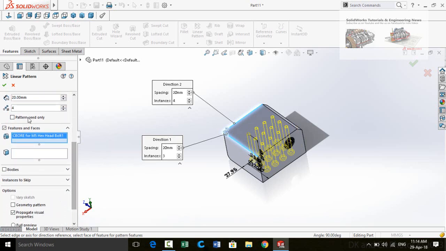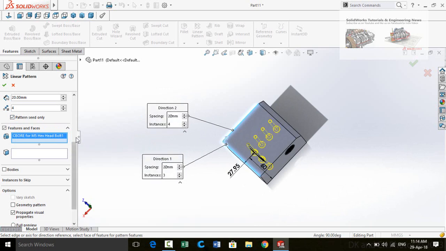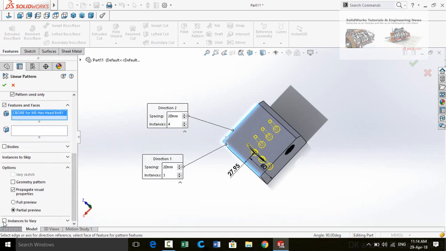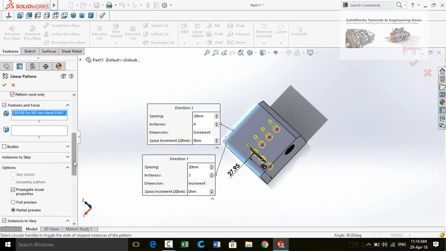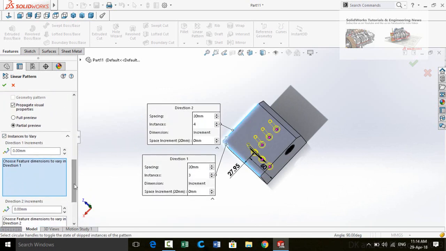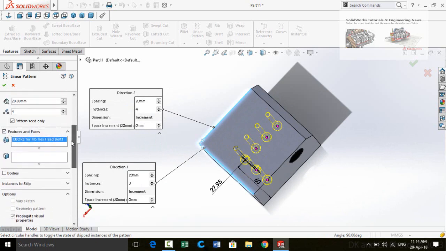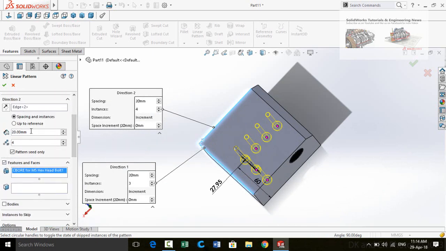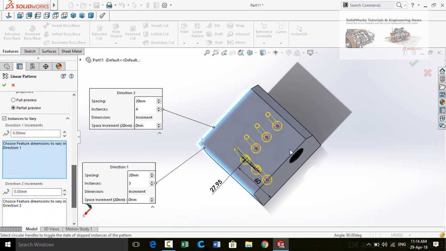Scroll down. If you check this box, pattern seed only, then see what happens. Again scroll down and from here you can also check this box, instances to vary. As we had mentioned, the distance is 0 millimeter between all these instances, but now I want to add 5 millimeter distance between both of these points.